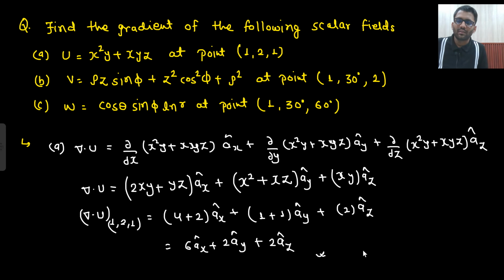So d by dr, and what I need to write? dr, r d theta and r sin theta d phi. So dr of cos theta sin phi ln r, plus 1 by r d by, and here I forgot to write ar cap,